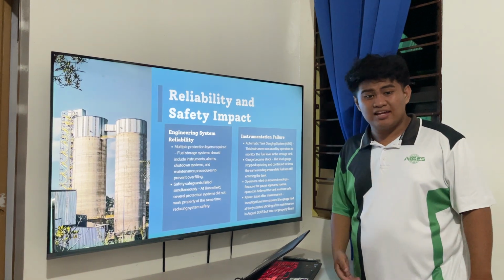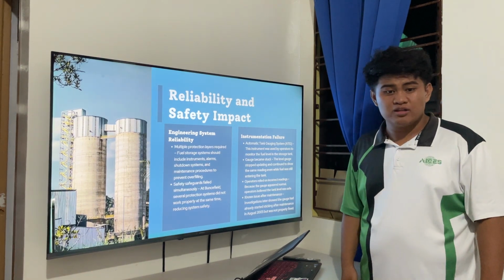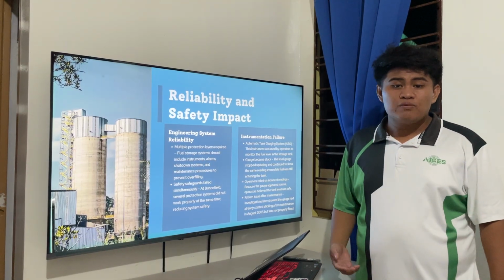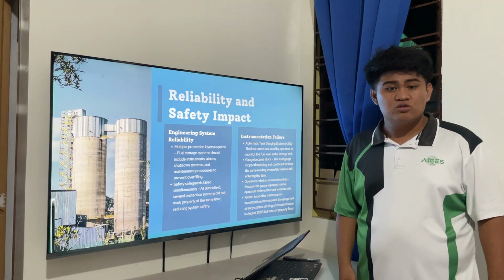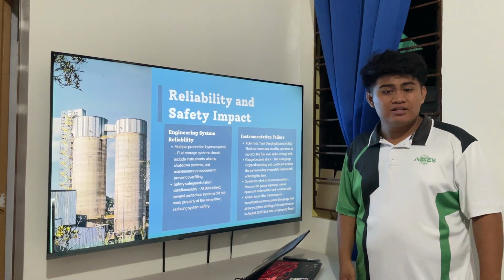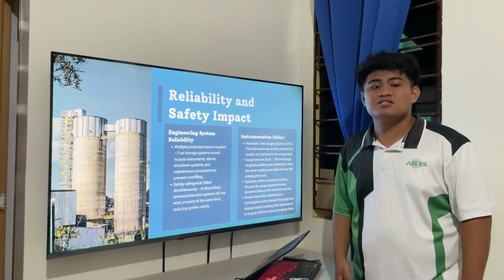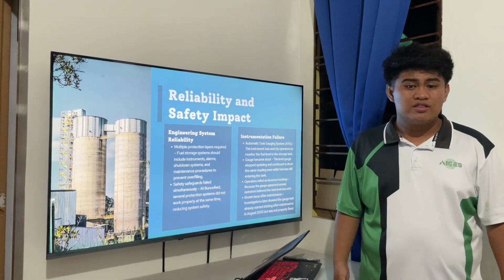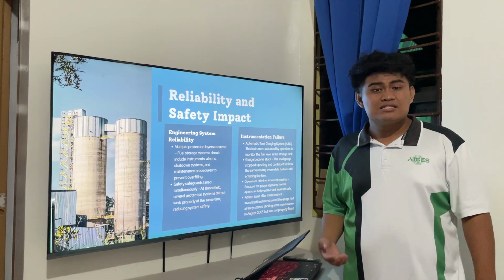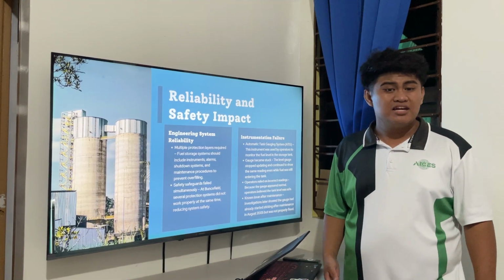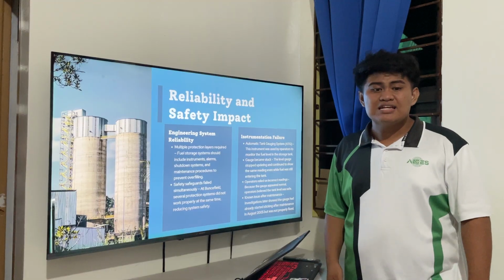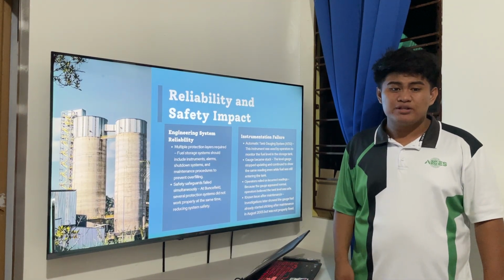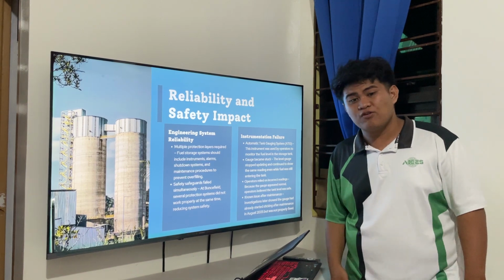The automatic tank gauge system, which operators used to monitor the fuel level, became stuck and stopped updating. Even though fuel was still entering the tank, the gauge continued to display the same reading. Because the reading appeared normal, operators trusted the instrument and believed the tank level was safe. Later, investigation showed that the gauge had already developed sticking problems after maintenance, but the issue was not properly fixed. This incident highlights the importance of multiple independent protection layers, reliable instrumentation, and proper maintenance to ensure safe fuel storage operation.